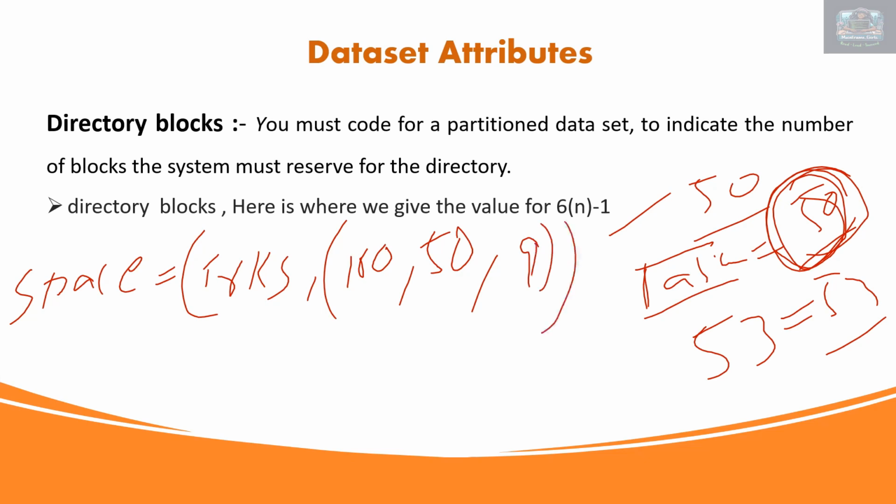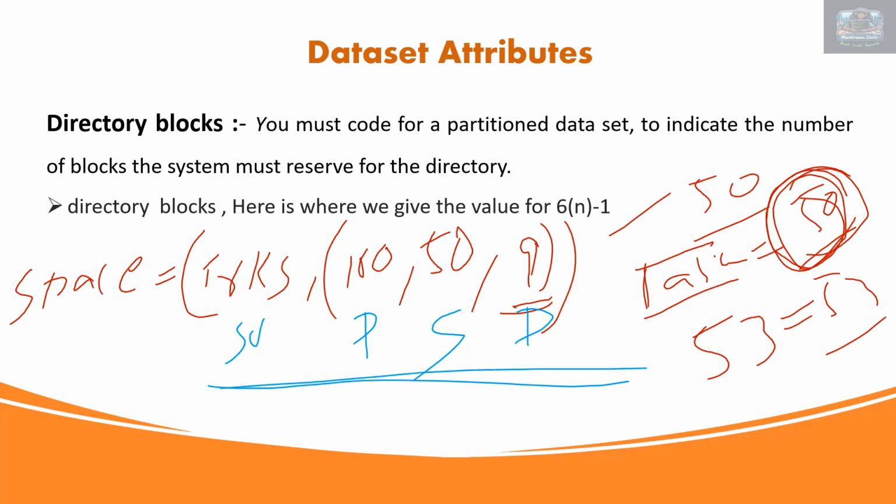So this is the third parameter where you give 9. This is directory block, this is secondary quantity, this is primary quantity, this is space unit. So that's how you specify it in code. And while you're creating through a panel, where it says directory blocks, you give 9,